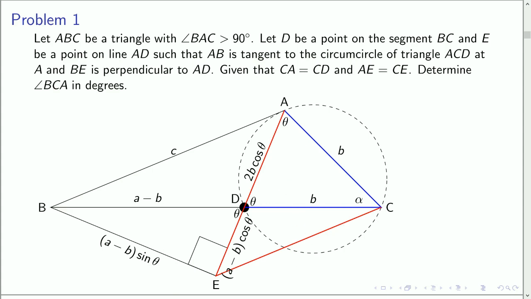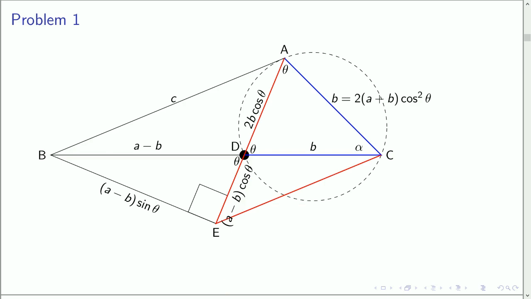So we can write AC in terms of the side AE and the lateral angle theta. So AC will be this length AE, which is A minus B cos theta, and 2B cos theta, that will be A plus B cos theta, into the cosine of the lateral angle, that is theta. So B equals 2 into A plus B cos theta into cos theta. Okay, so that's how it is. And after that we have